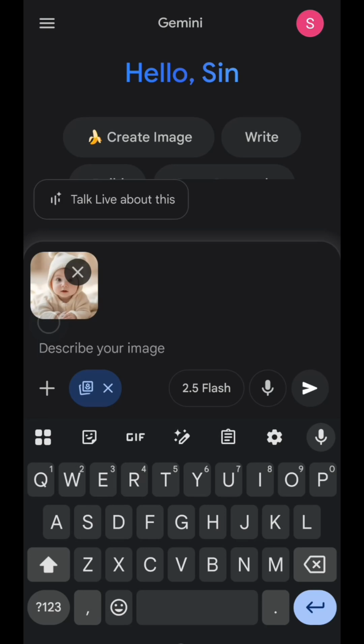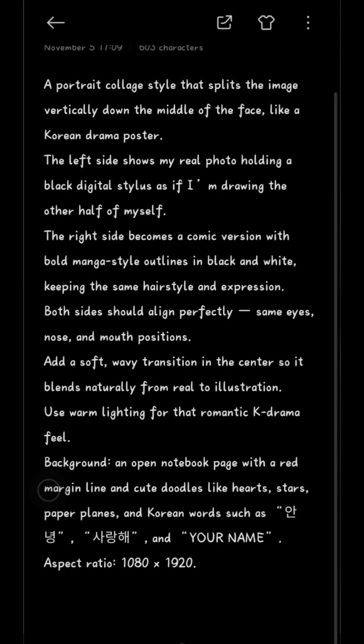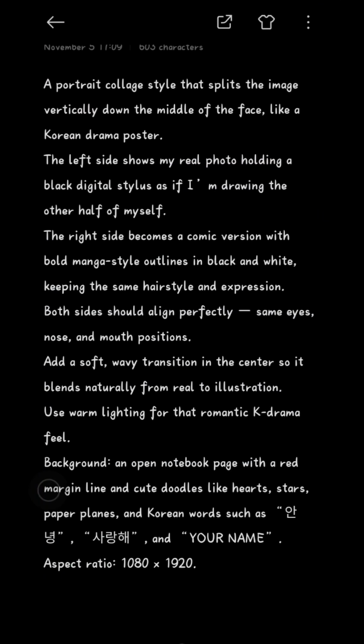And then now comes the fun part. Let's type in a prompt. Before, I already made a prompt like this. You can just copy my prompt or just screenshot it and then using Google Lens just copy the text and paste it to your prompt box. But feel free if you want to change the details of the prompt to match your style. Next, I will just copy my prompt